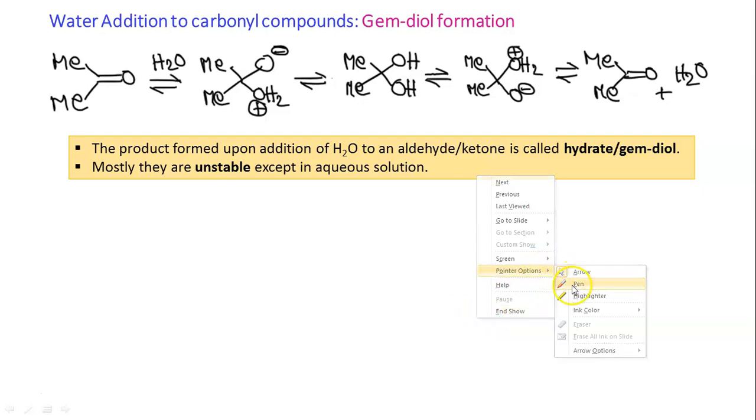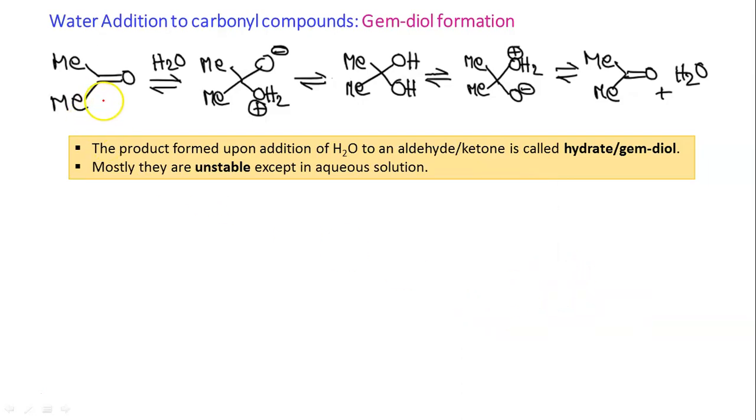So here we have taken acetone as the starting material, and H2O is our nucleophile. The nucleophile will attack the carbonyl carbon and there will be negative charge generation on oxygen, and in OH2 the oxygen is positively charged because it is attached to 2 hydrogens. There will be proton transfer from OH2 to O minus. So now we are getting the hydrate. So this is our hydrate.